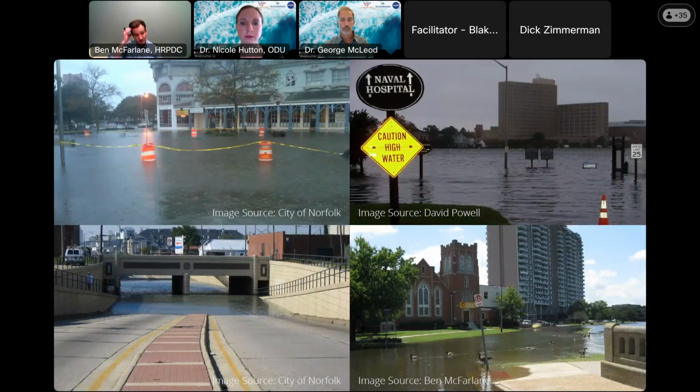So for us, this is not just a future issue, it's a current issue. These are all pictures that have been taken over the last 15 to 20 years of flooding that's occurred in Hampton Roads from a variety of different issues, whether it's a major storm event, a high tide, or a massive rainfall event, or even just a small combination of any of those impacts. That flooding is happening regularly here in Hampton Roads, and getting a better understanding of why that's occurring is really important for our communities to be able to successfully adapt, and not only when we're talking about public infrastructure, but also the actions and the decisions of private actors as well.